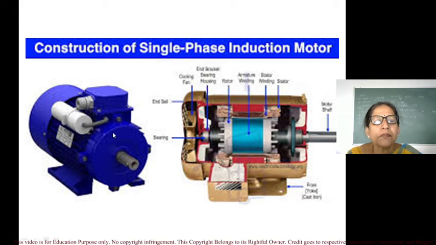The main parts which we can have a look at from the outer side: first, you will see here a shaft, then this is the terminal box, this is the main yoke or cylindrical frame which is covering the inner parts, then this is the end cover, these are the base plates, and this one is the capacitor which is particularly used for capacitor start motors. For some other motors it may not be present. Here will be the terminal box.